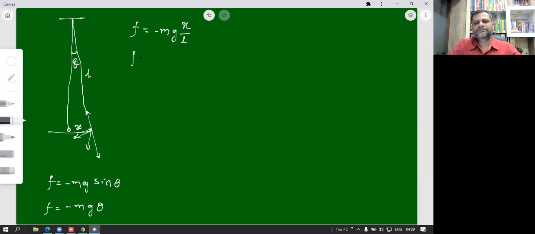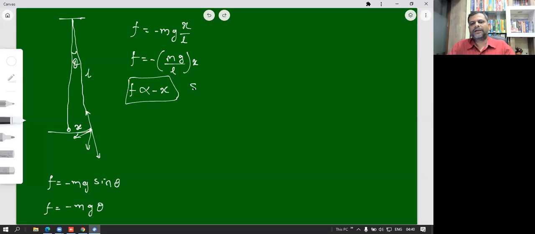So from this only we can get to know that this force is directly proportional to the displacement and also negative to it. So इससे हमको पता चलता है कि F is proportional to minus x, and hence we can prove that this motion of the pendulum is a SHM। इससे ही प्रूव होता है कि पेंडुलम का मोशन SHM है। और इससे भी आगे जाके एक्सेलरेशन अगर हम ढूंढ के निकालेंगे उसका, तो एक्सेलरेशन